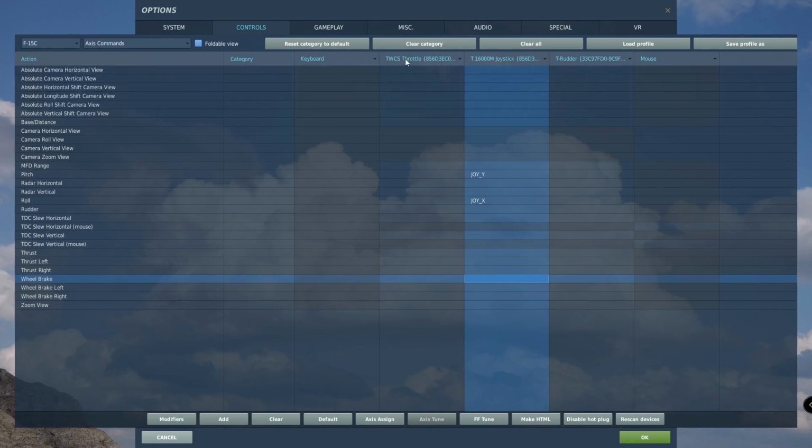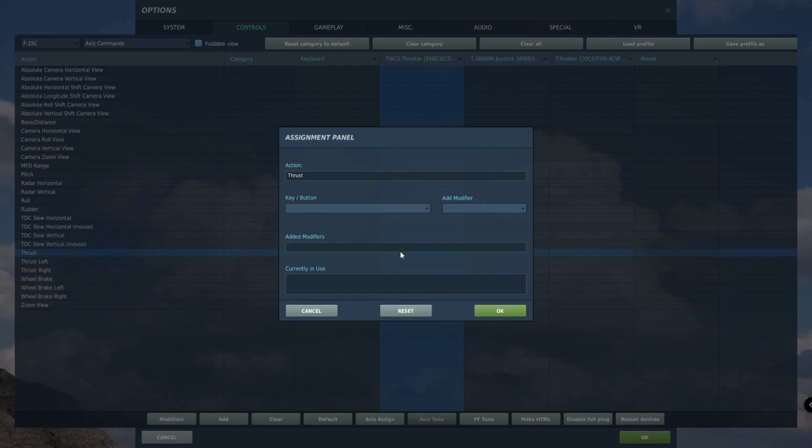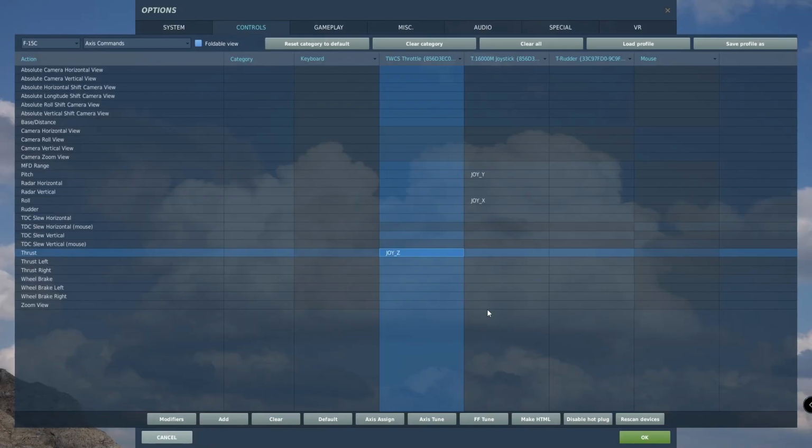Perfect. So now, under throttle, we're going to go to thrust. Double click thrust, slide your throttle all the way forward and slide it all the way back. Should automatically detect max power, minimum power, and it does detect full range of motion. The other thing here in the throttle quadrant is the zoom